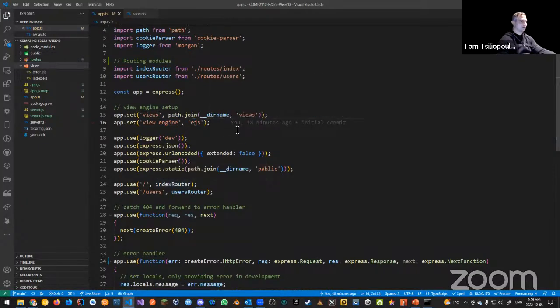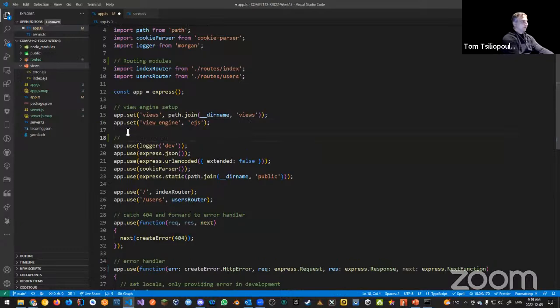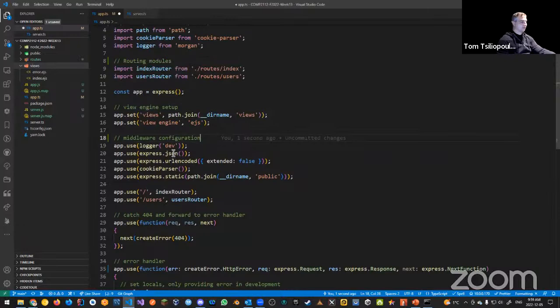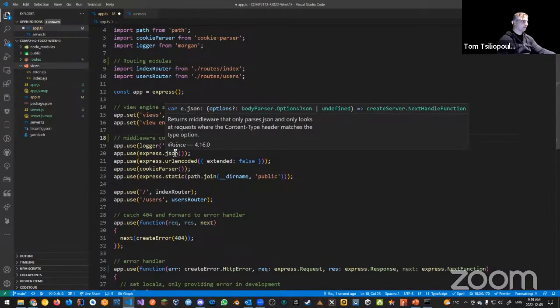Now, if I could configure this any way I want, all right, but for now, that's what we're using. The rest right here is middleware configuration, right? So these are all the middleware configs that we want to use. We're using Logger, which is coming from our Morgan third-party module. We're setting up Express.json, and Express.json returns